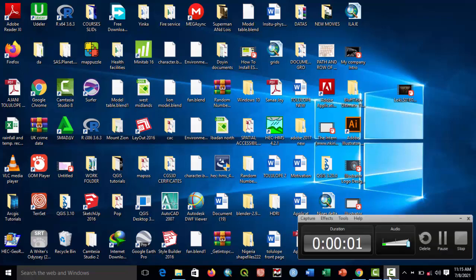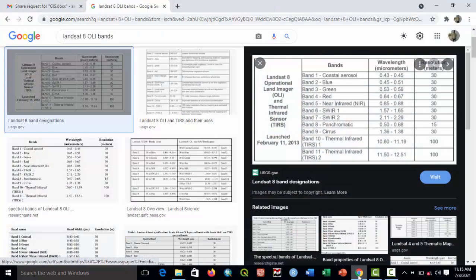Welcome to this tutorial. In this tutorial, we're going to look at image classification. Image classification is quite straightforward in GIS. Now we are going to use Landsat images for our classification. And one thing I want you to know is that